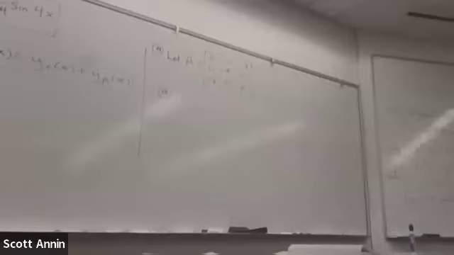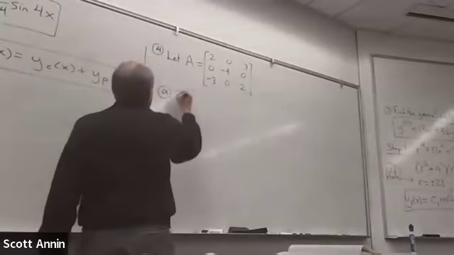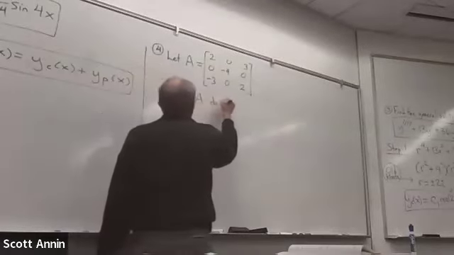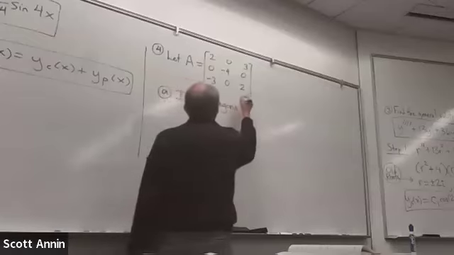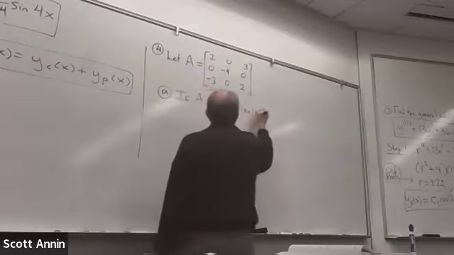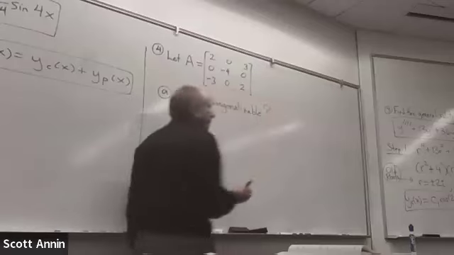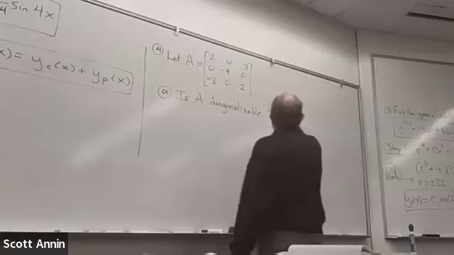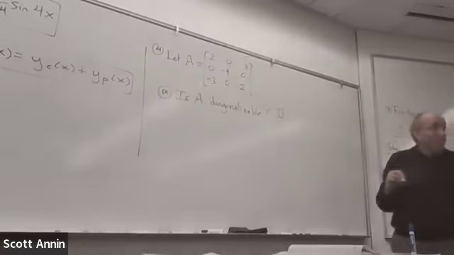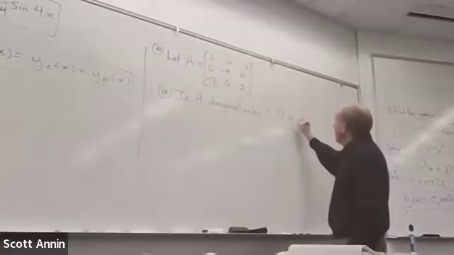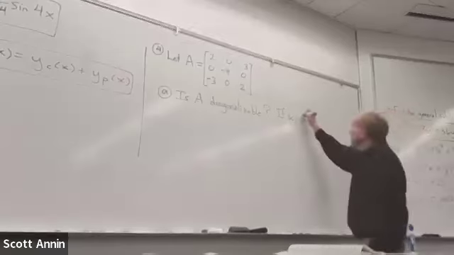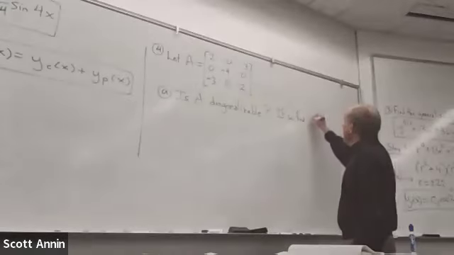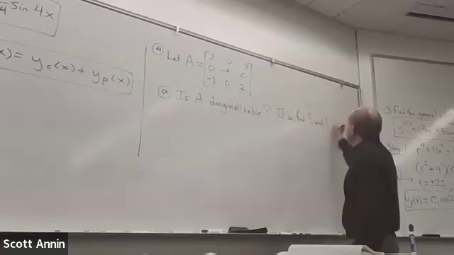The first part is going to ask you, is A diagonalizable? So standard question, this is very similar to the one that was on the extra credit quiz. If it is diagonalizable, I would like us to find S and D